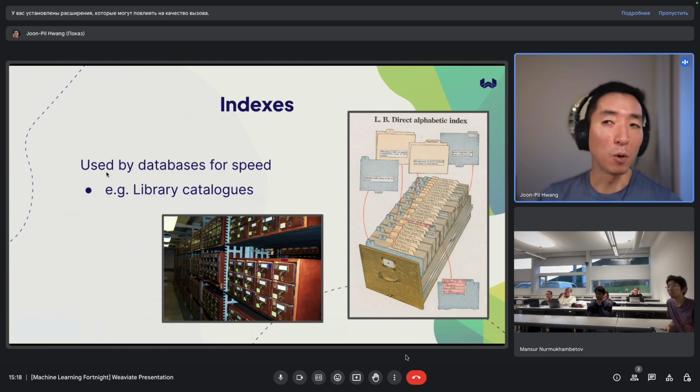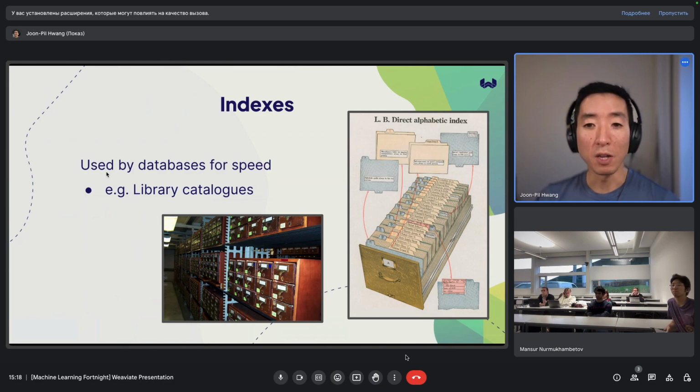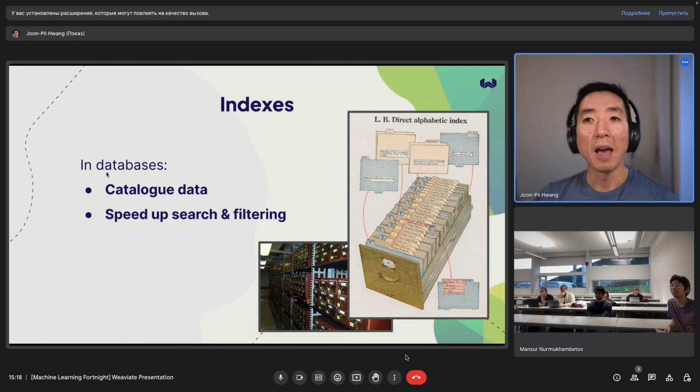So you can look things up either by author, by subject, by Dewey Decimal numbers, by category, what have you, right? So you have this thing called an index, and that helps you speed up retrieval and search. And in databases, you do the same thing. You have to catalog data in some way or another so that you can speed up the search and the filtering process. And it's the exact same thing-ish as what happens in a physical library, but it's done in the database, and it might be done in a slightly different manner.